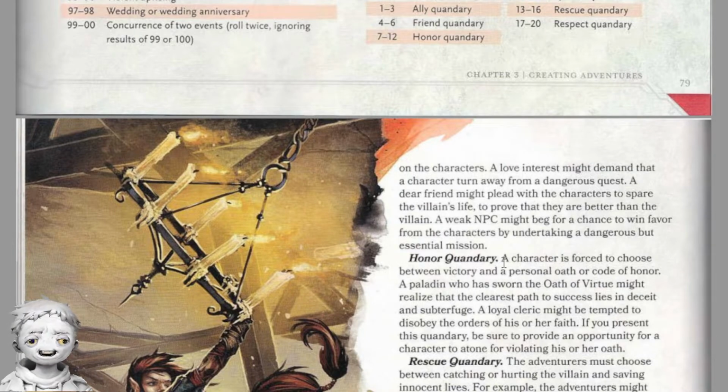That's always more interesting than just hack and slash and that sort of thing. Honor quandary. A character is forced to choose between victory and a personal oath or code of honor. A paladin who has sworn the oath of virtue might realize that the clearest path to success lies in deceit and subterfuge. A loyal cleric might be tempted to disobey the orders of his or her faith. If you present this quandary, be sure to provide an opportunity for a character to atone for violating his or